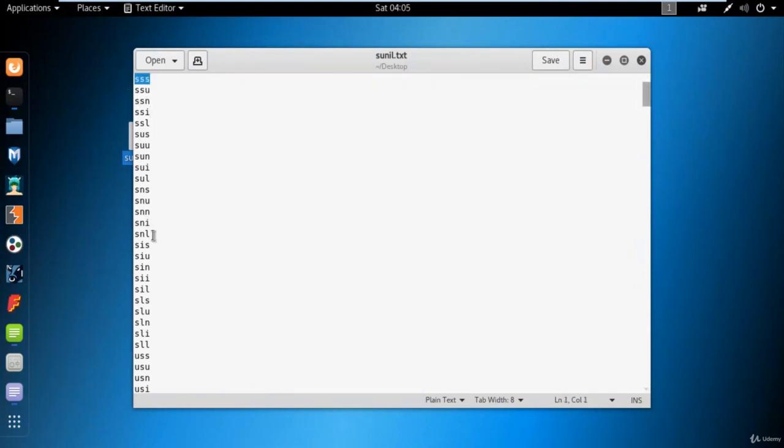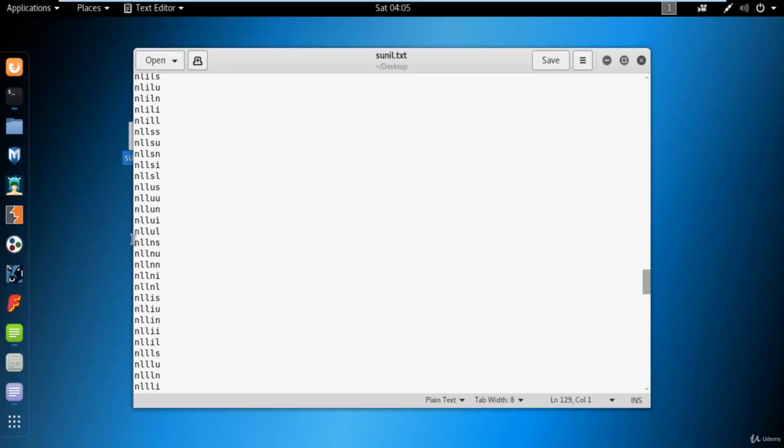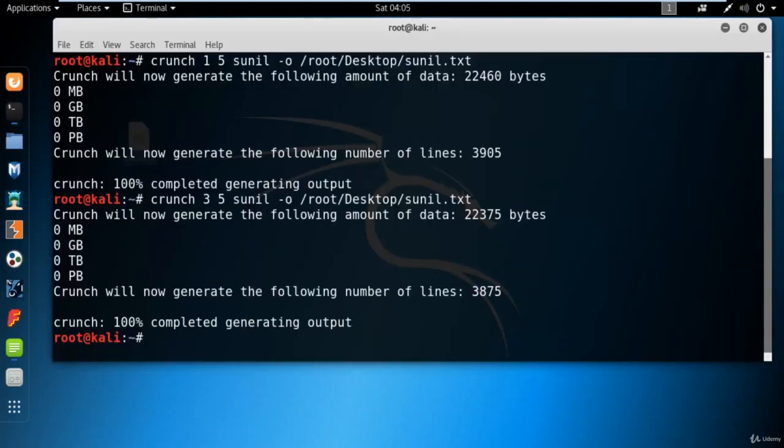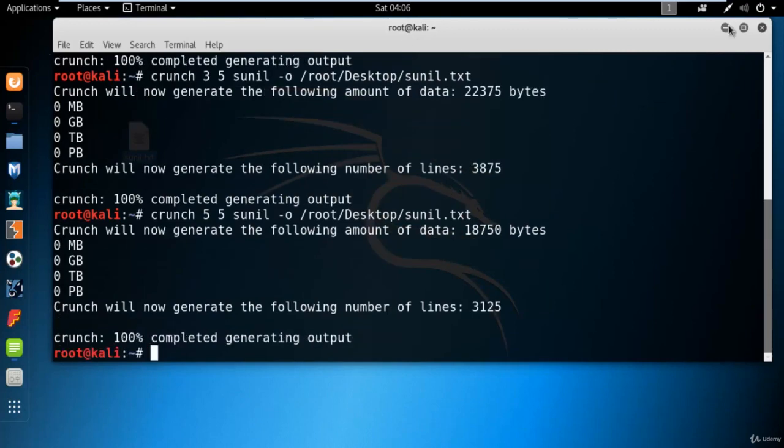It is taking 3 characters, and then if you come down, it is taking 4 characters, and then if you come down, it is taking 5 characters. So there is no place for single and double characters here, right? And if you want, you can skip the 3rd characters. If you want all kind of 5 characters only, that you want to skip single, double, triple and 4 characters, you can hit enter. So there will be only 5 characters inside that.